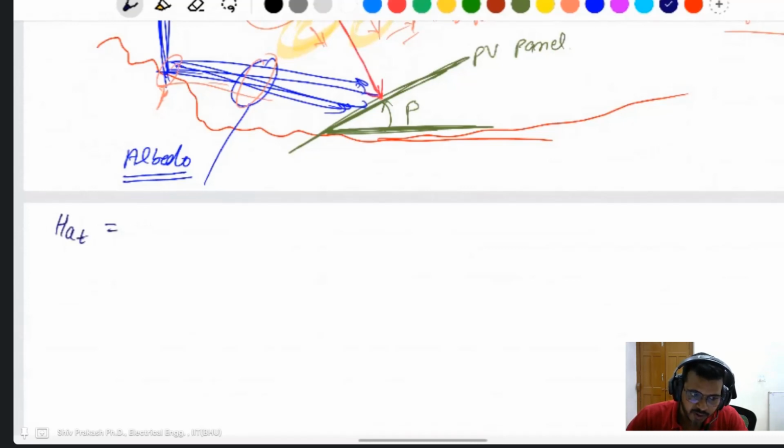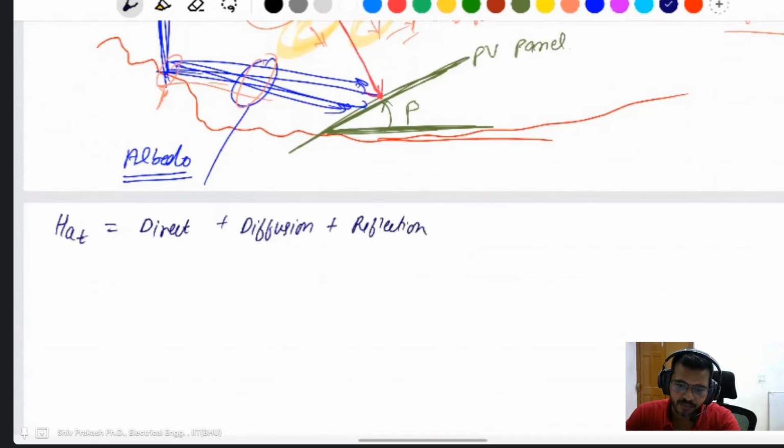It is the sum of the direct axis plus diffusion plus reflector. I have calculated RD, the reflector, this one is the tilt factor. Now about the tilt factor: